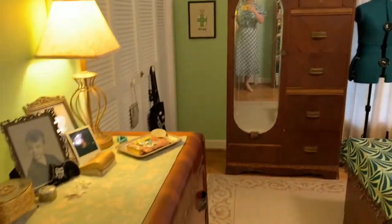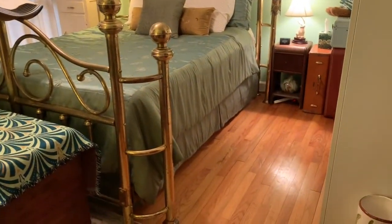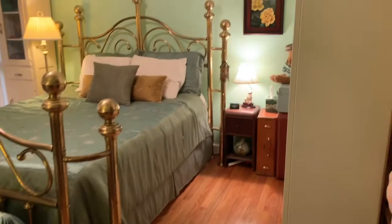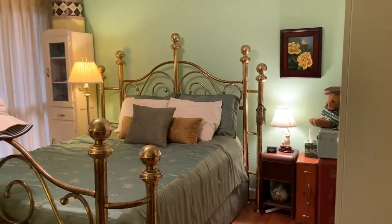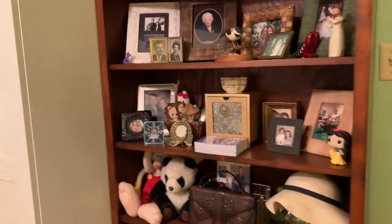So I'm sort of basking in this is what it would look like if a guest were coming over. I would hide everything. It would be great. All right. But as you can see, there's a lot of storage furniture in here. And so I'll just give you the quick tour, starting with my little bookshelf here on the right,